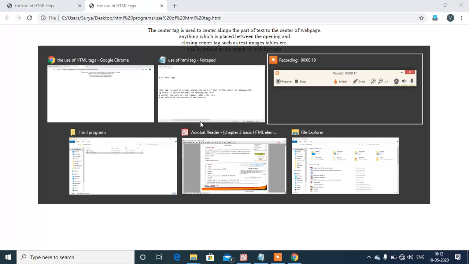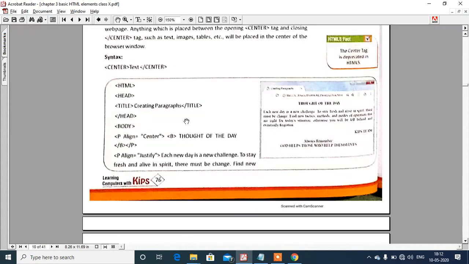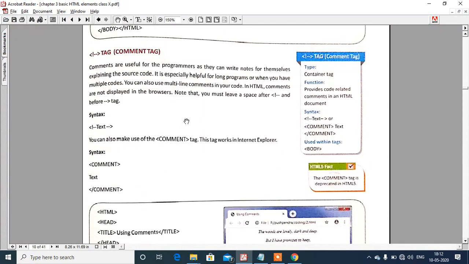Now we are moving to the next topic. The next topic is comment tag, and comment tag is used to place comments in the program by the use of exclamation mark. The comments are useful for programmers as they can write notes for themselves explaining the source code.